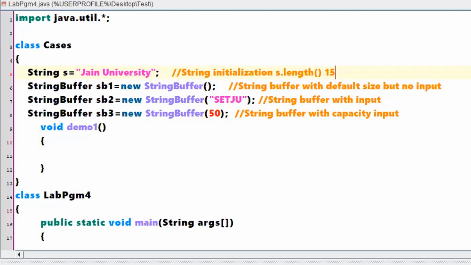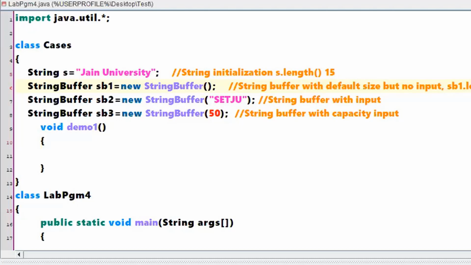15, right? Now, with respect to the second one, SB1, what will be the length? How will you calculate the length of SB1? Similarly, SB1 dot length. It will give you the length. What is the length of this particular string buffer?